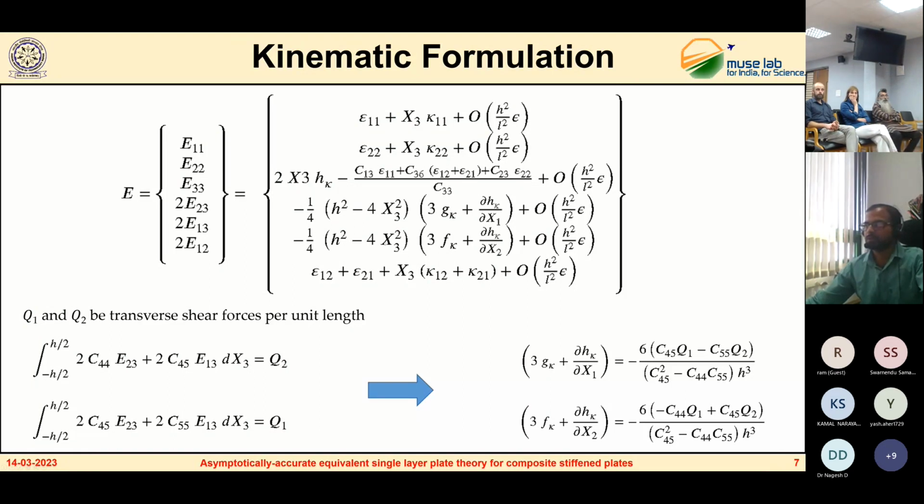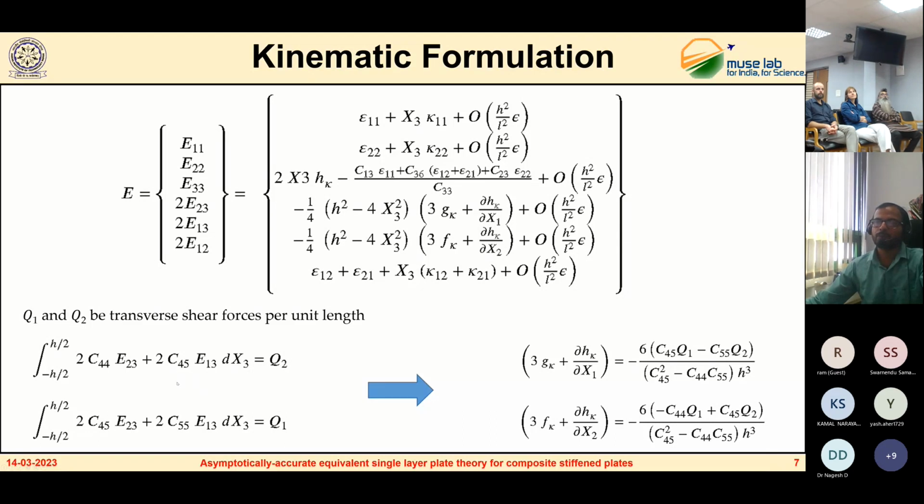So now the difference that our plate model has is that G kappa, H kappa, and N kappa are derivatives of generalized strains, higher order derivatives. We want to get rid of these higher order derivatives. So here is the main difference in the present model. To get rid of these terms, we have